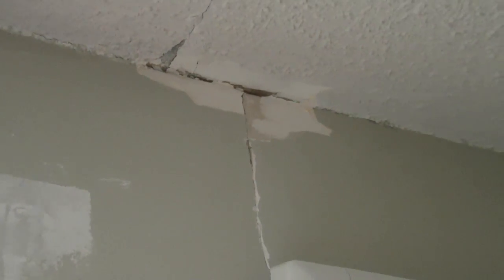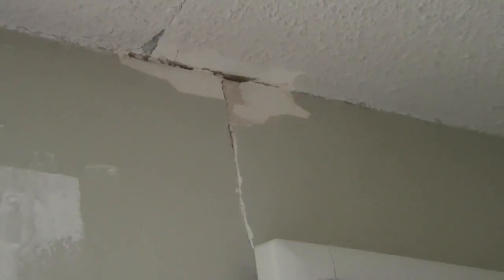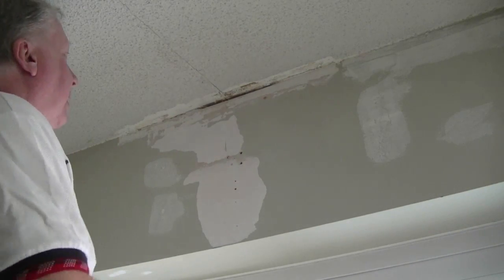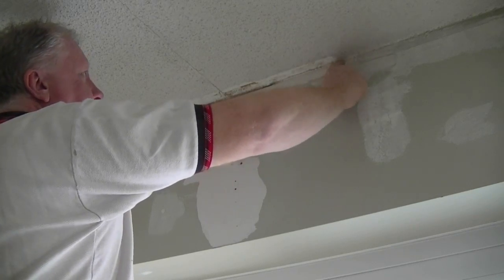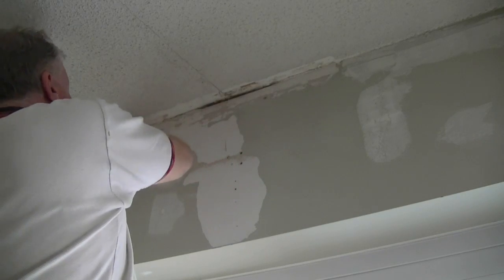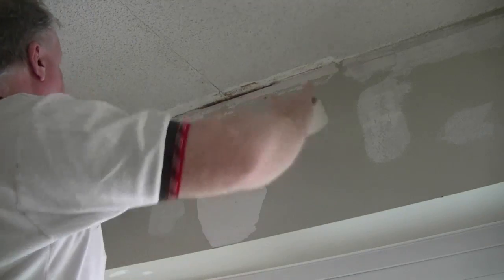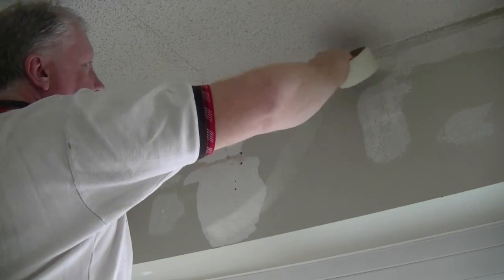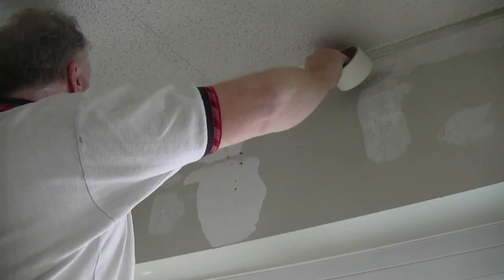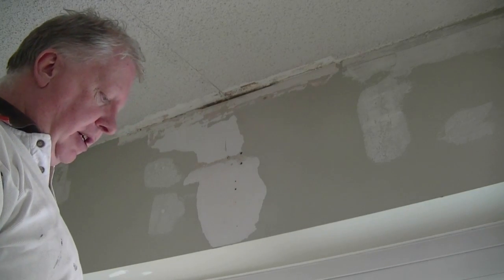So I'll show you how we go about doing these minor repairs, but a little bit bigger than perhaps we might usually find. So the first thing we want to do is we got to shore up this big gap in here. You can see the whole chunk of tape has been damaged, and we've removed that, so we're going to have to replace that. This is a perfect place to use our fiber tape. You've probably heard me mention before that I'm not a huge fan, but this is the one place where I'm okay with it. So I have a small roll here,